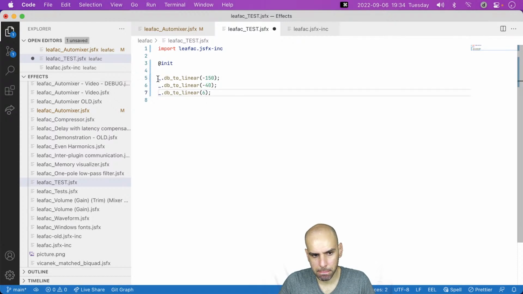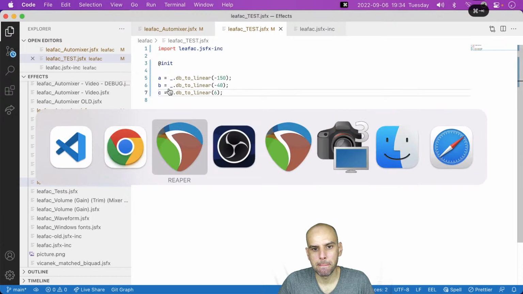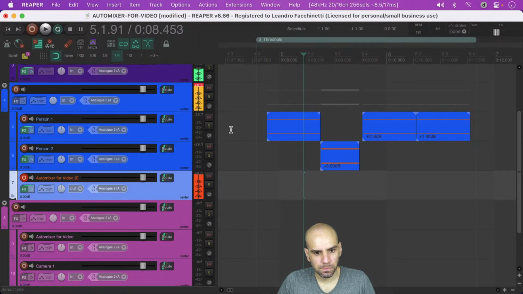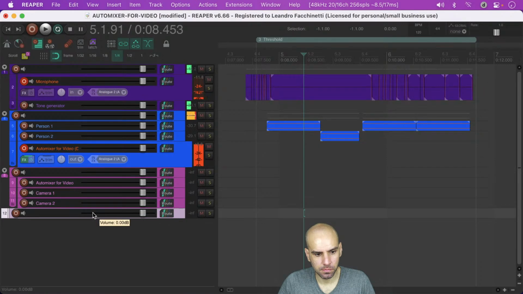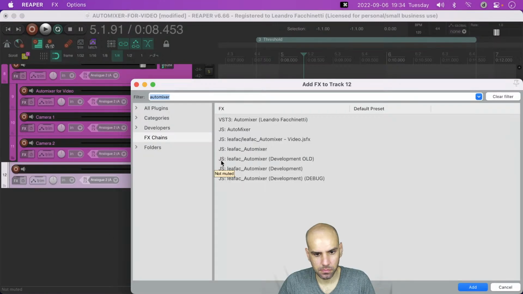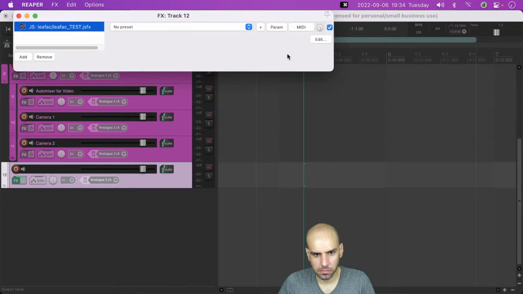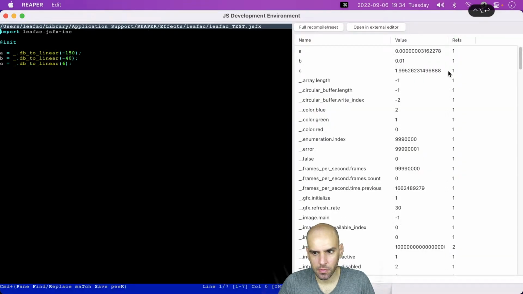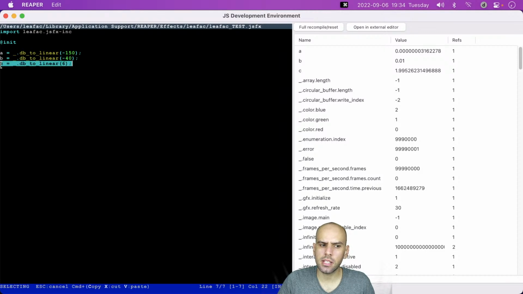Also 6. And let's give these names. So we are getting numbers between 0 and 1. Unless, of course, we are clipping. Well, that's a nonsensical value because we normalize our gains.